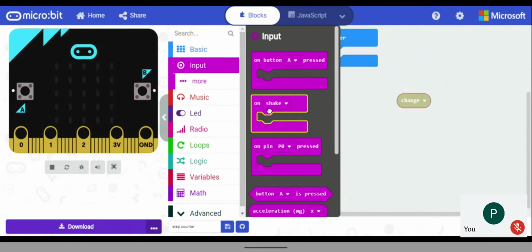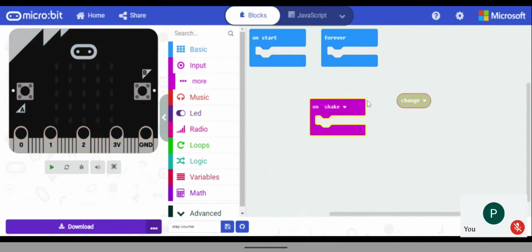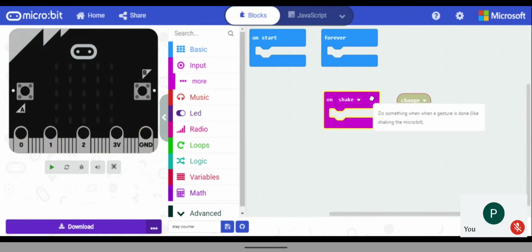After that you can take on shake. It has to check the values, whether you are moving or not, when the microbit has been shaken. If you have tied it to your leg and you're walking, the microbit will be shaking, right? So that's why we take this on shake option.